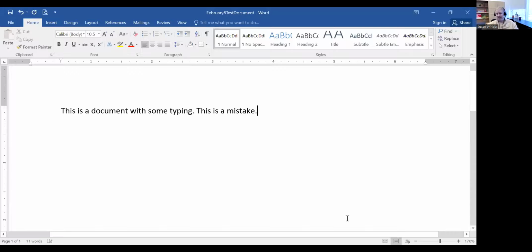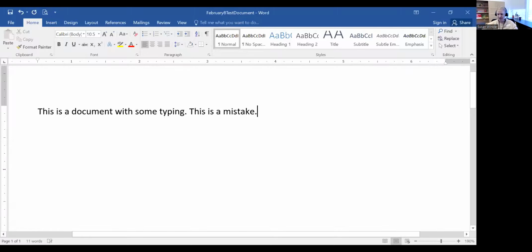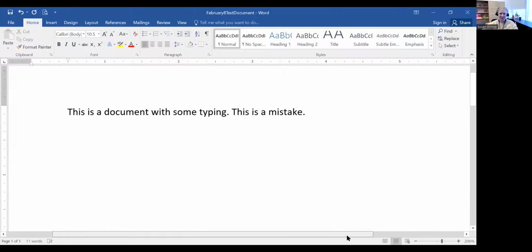So this is, and I'm going to zoom in even more so you can see this a little better. Now I'm going to rock it up to 200%. Okay. So let's say I want to change the second sentence here, that this is a mistake, and I want to do something different to it. To highlight, I'm going to take my cursor. Can everybody see that my cursor is on the left side of the T? Yes, I can. Okay, so what I'm going to do is hold down my left mouse button,